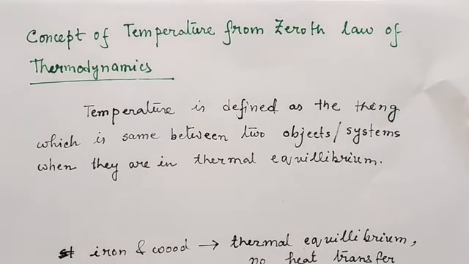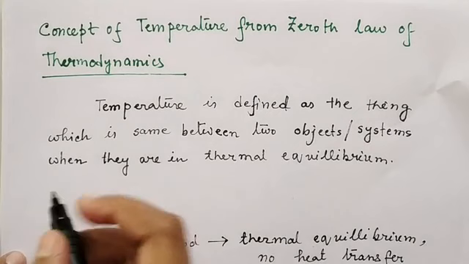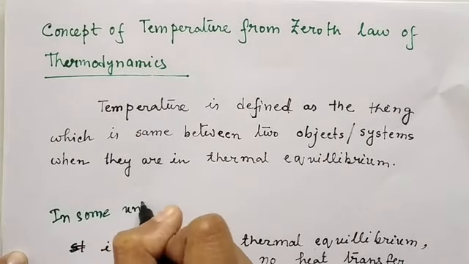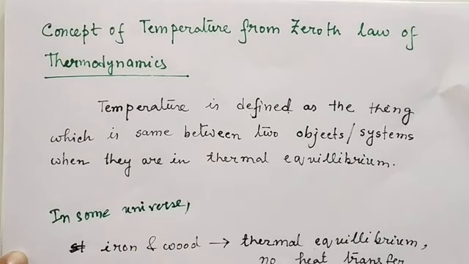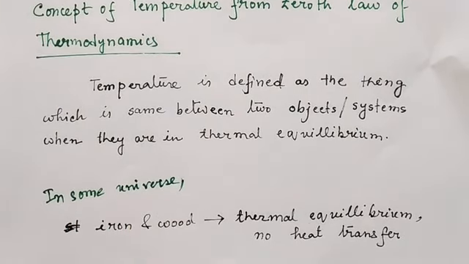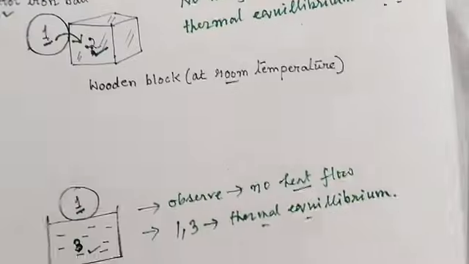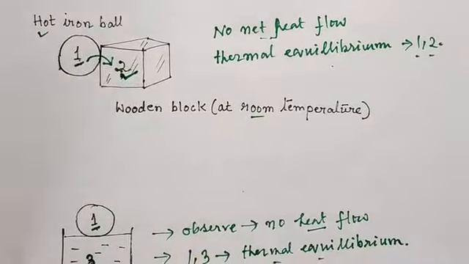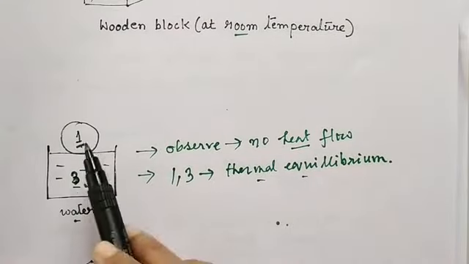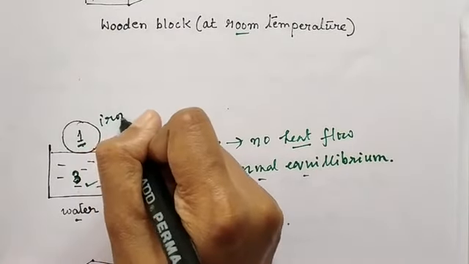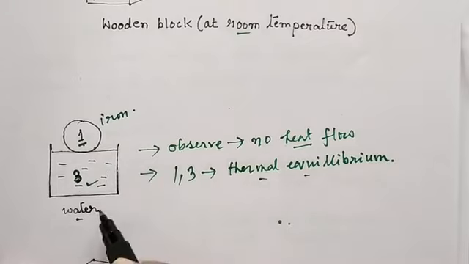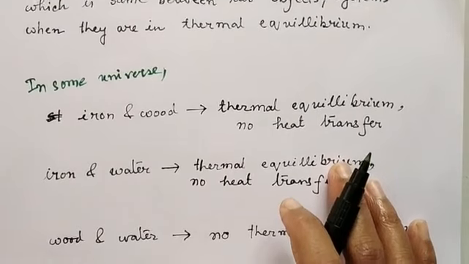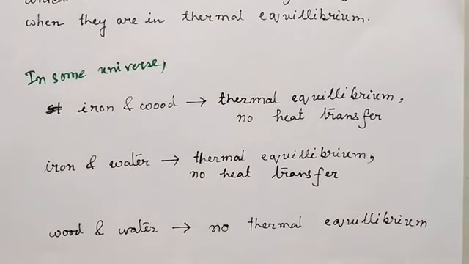Now suppose, in some universe which is not ours, as we have seen, the iron and wood are in thermal equilibrium, there is no heat transfer between them. Then iron and water, so this was iron and water in thermal equilibrium, no heat transfer. Now suppose in our universe where the